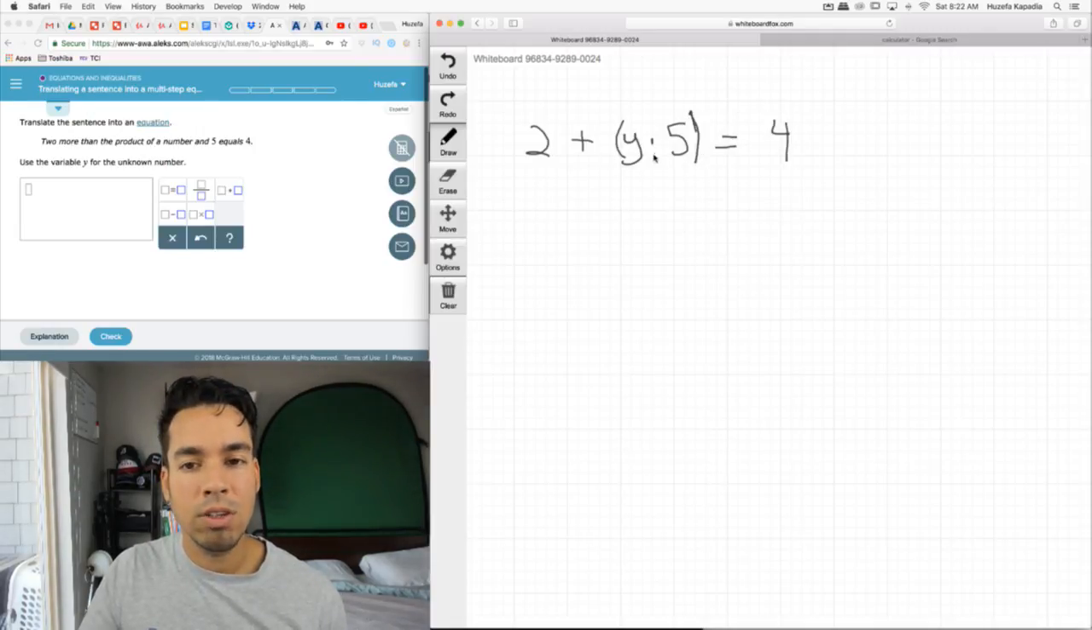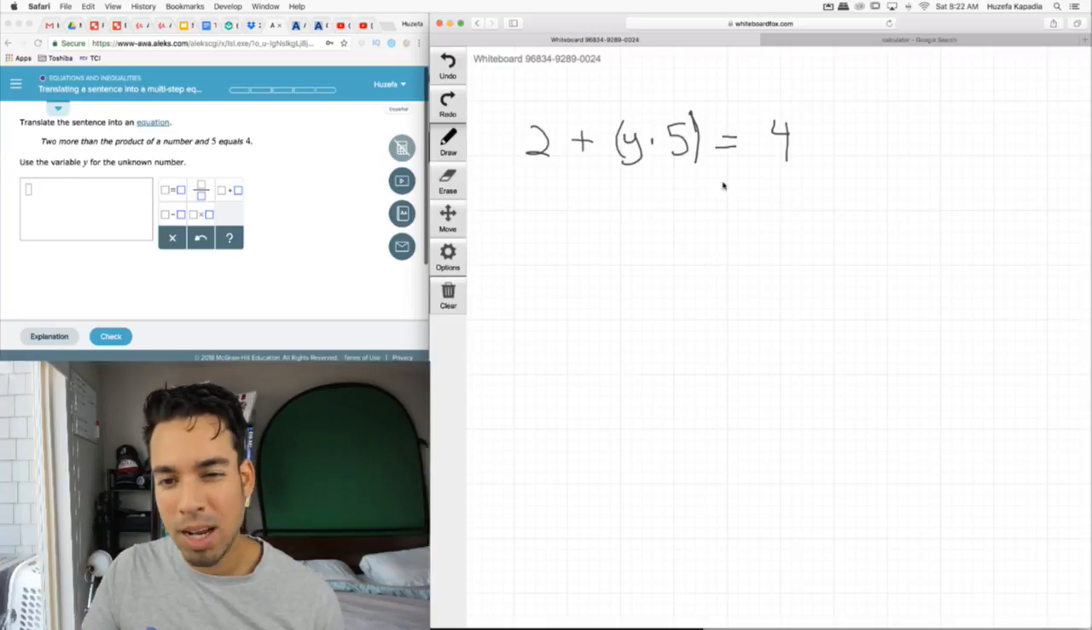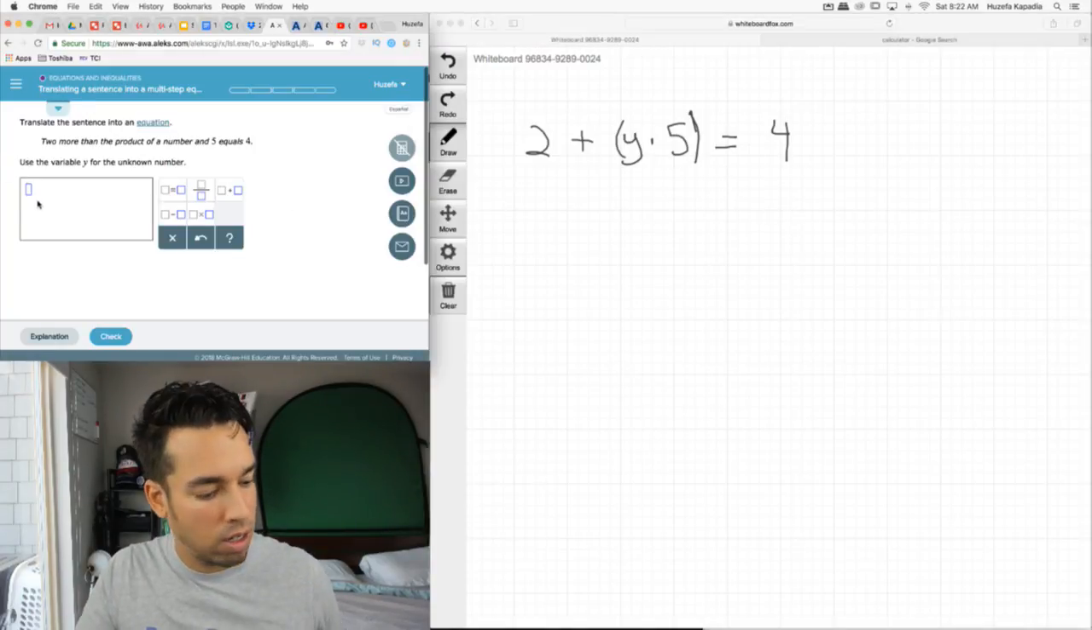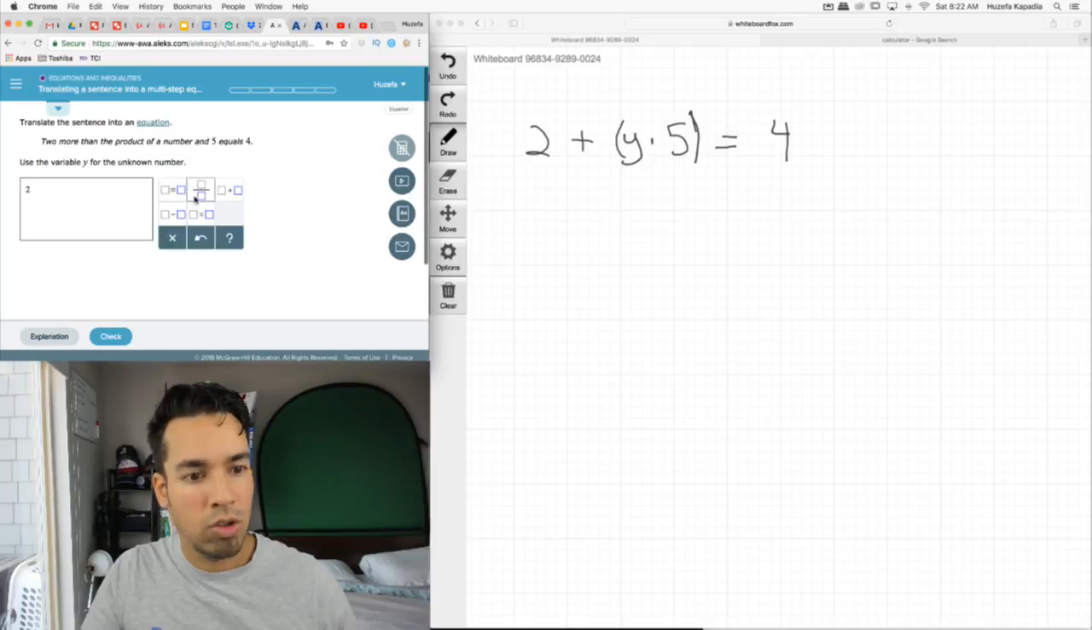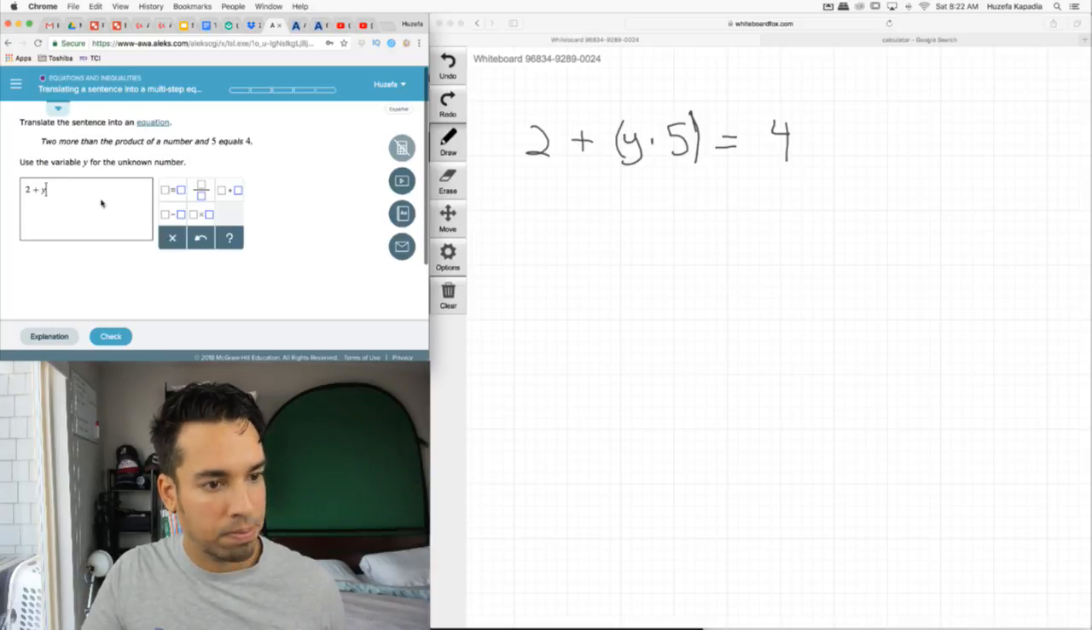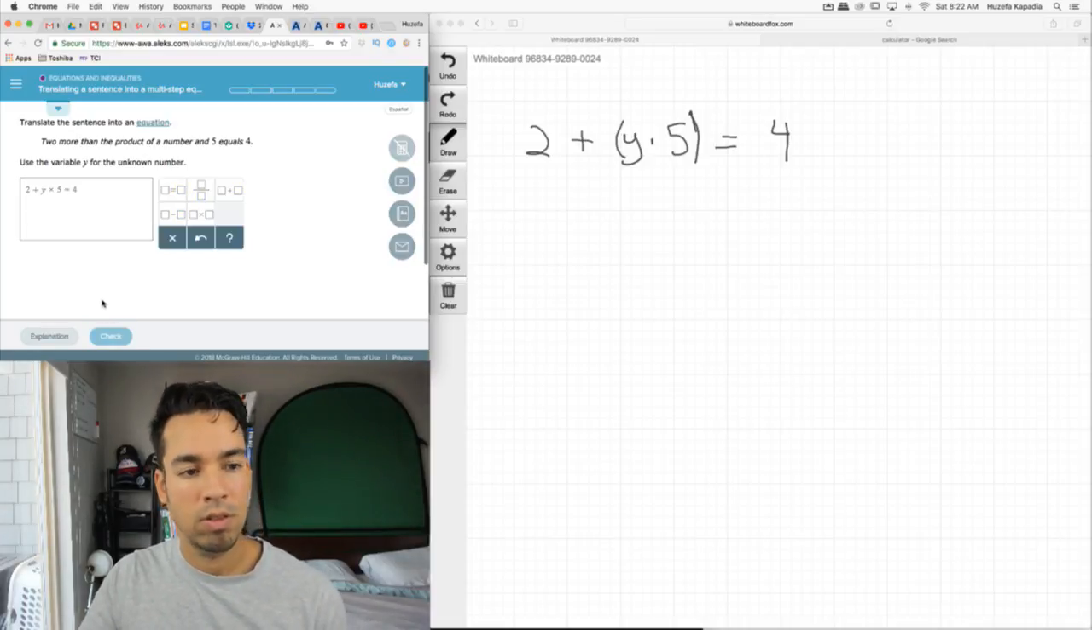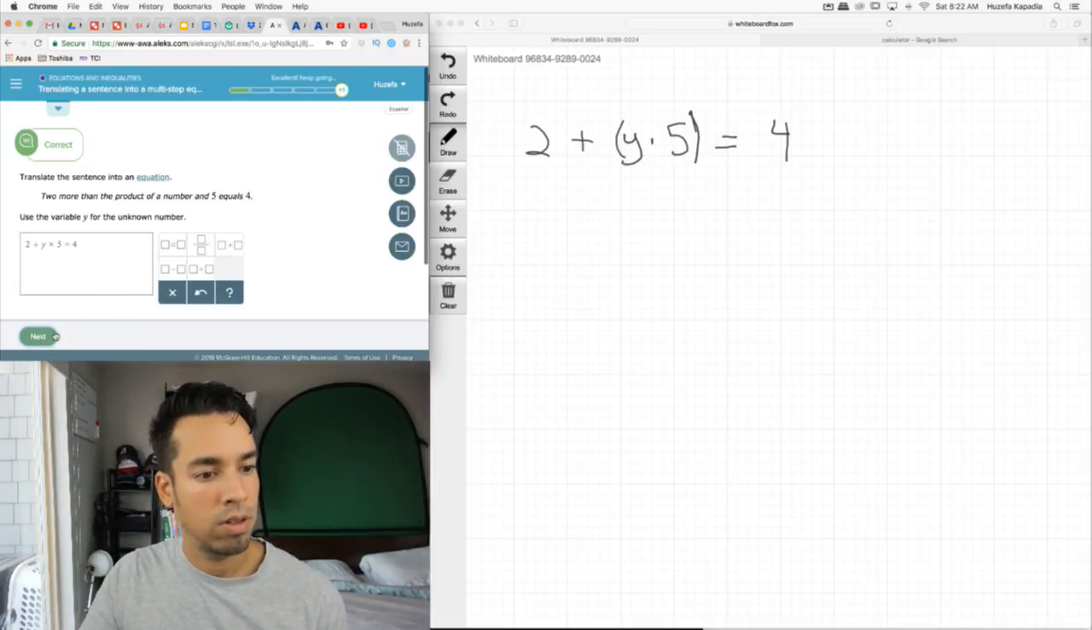Do I need the parentheses here? No, because of order of operations. But I sometimes do it just for clarity's sake when I'm decoding one of these. So 2 plus y times 5 equals 4. Next,